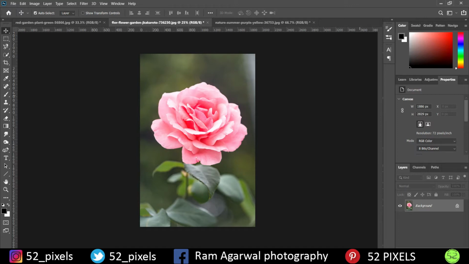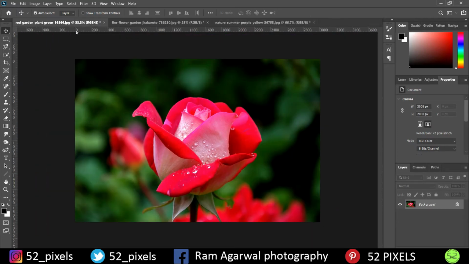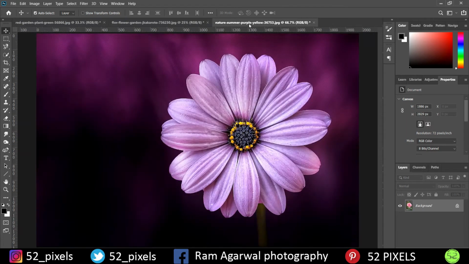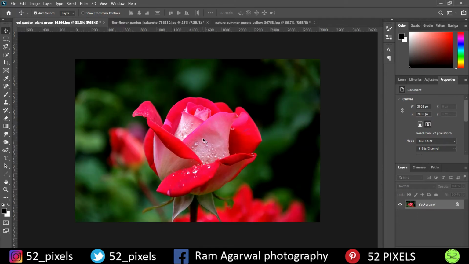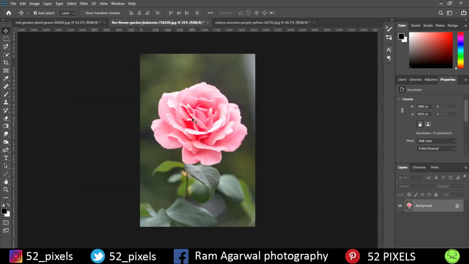To get started, these are the images that we are going to work with, and as you might have noticed, these images are all of flowers, but more importantly, all of them contain a focus. The flower over here is in focus, the stem is not in focus, and the background is totally blurred. In the same way in this case, the main flower is in focus, and everything else, the background and the leaves and the stem, is just blurred out. It is the same with this case. So we are going to see how to select these images easily without much effort using Photoshop.